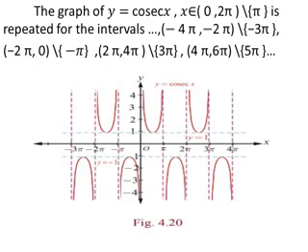The graph of y equal to cosecant x, where x belongs to the open interval 0 comma 2 pi, difference pi. The same curve is repeated for these intervals. Okay, so you can see the curve here. From 0 to 2 pi, what curve do we have here? The same curve is repeated in the interval 2 pi to 4 pi, then minus 2 pi to 0, minus 4 pi to minus 2 pi. That is what they have given here. And these asymptotes they have also mentioned there. That is, difference minus 3 pi, minus pi, that is 3 pi, 5 pi.